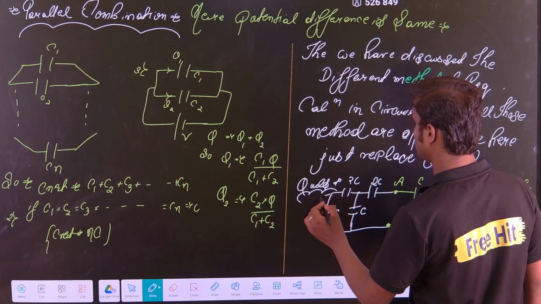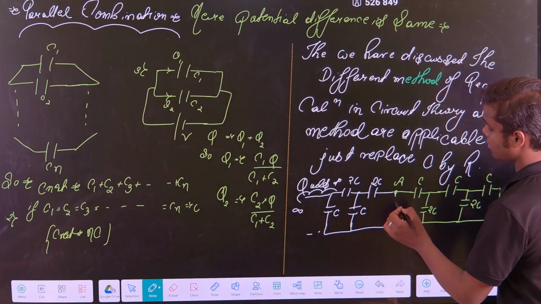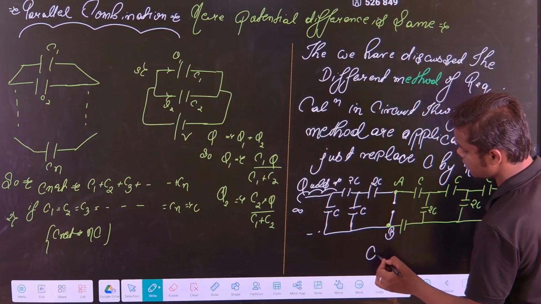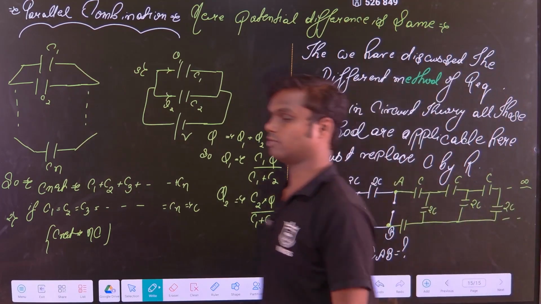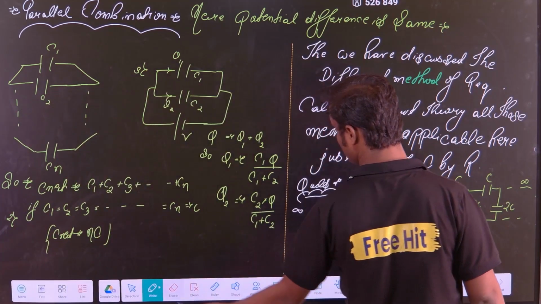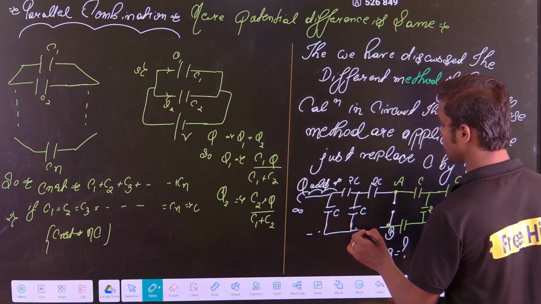This is C. Like that, it is going up to infinity. My question is that, find C AB. What is C equivalent across AB? That is my question. Clear? I hope you got the point. What you have to do is calculate the C AB